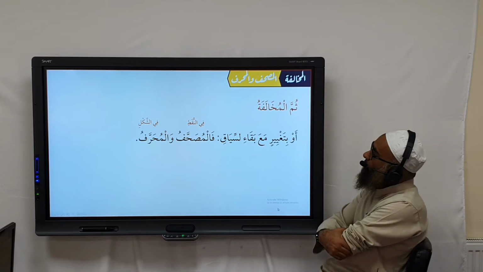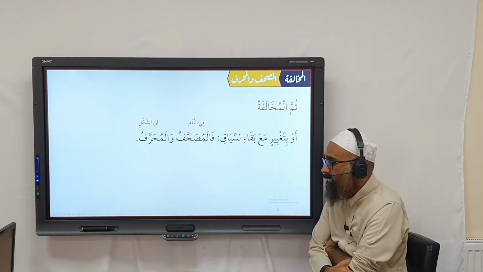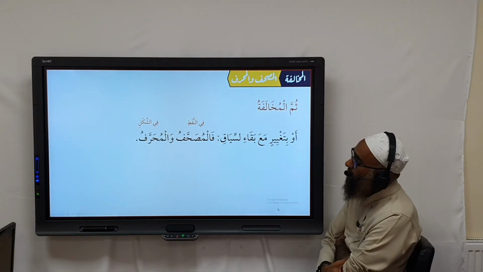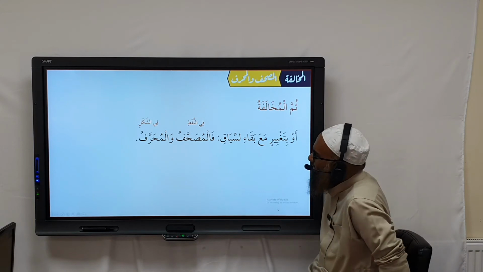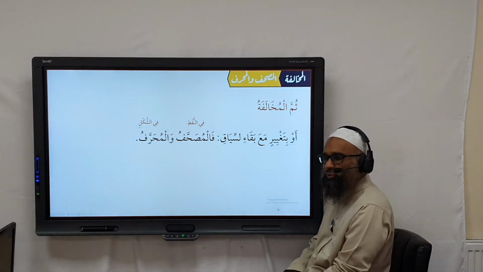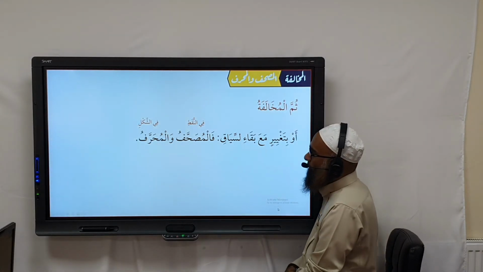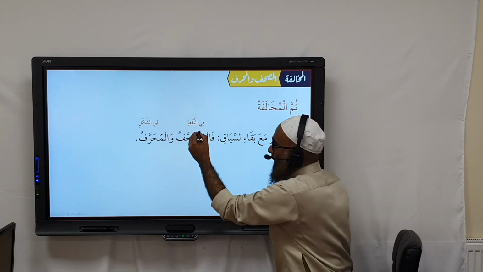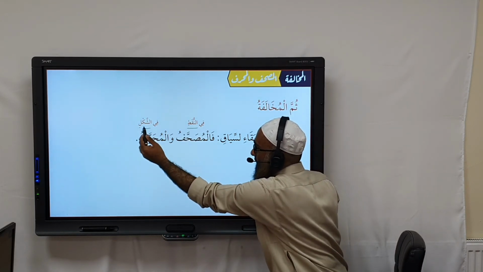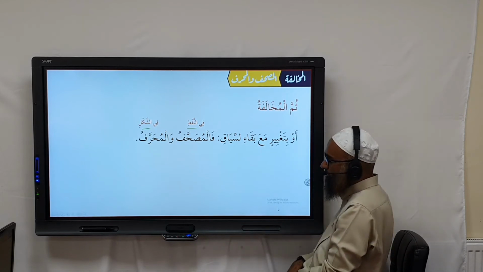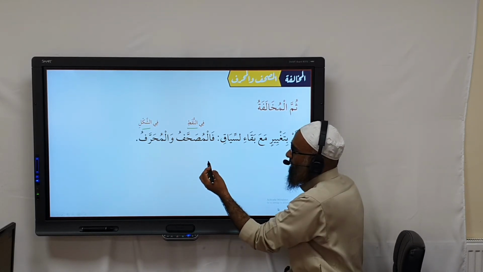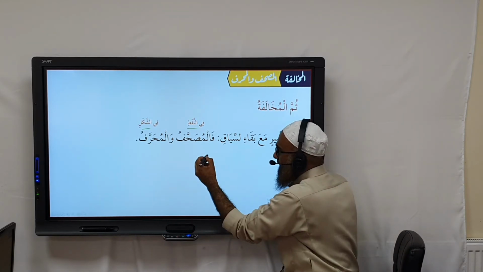So, we're moving on to another type of mukhalafa, and this is called musahhaf or muharraf. What does this mean? Basically, there's an error usually in writing. If you get an error in the dots, or you get an error in the harf. So for example, if somebody says here, for example, the nuqat, for example, if you say here,